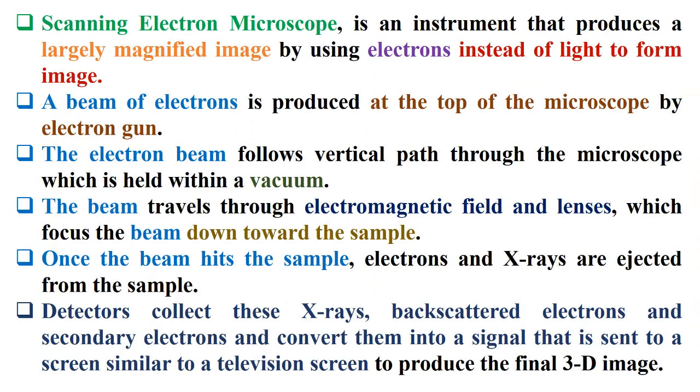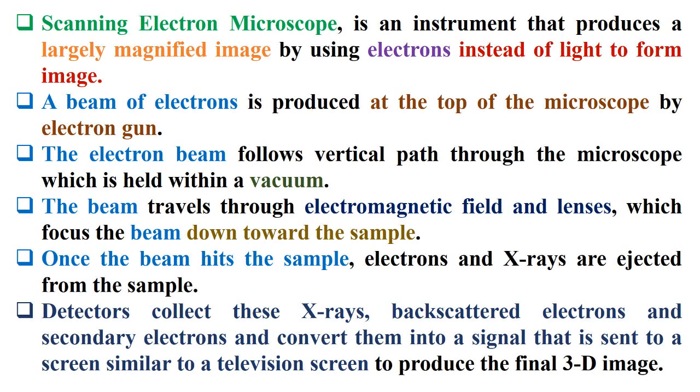A scanning electron microscope is an instrument that produces a largely magnified image by using electrons instead of light to form the image. In this electron microscope, a beam of electrons is produced at the top of the microscope by an electron gun. After that, the electron beam follows a vertical path through the microscope, which is held within a vacuum. Then, the beam travels through electromagnetic fields and lenses, which focus the beam down toward the sample, and, once the